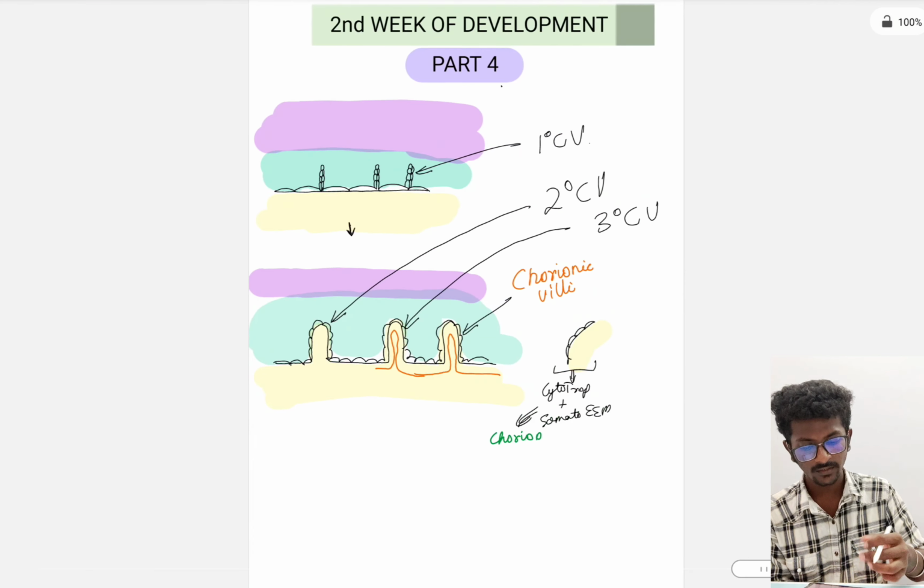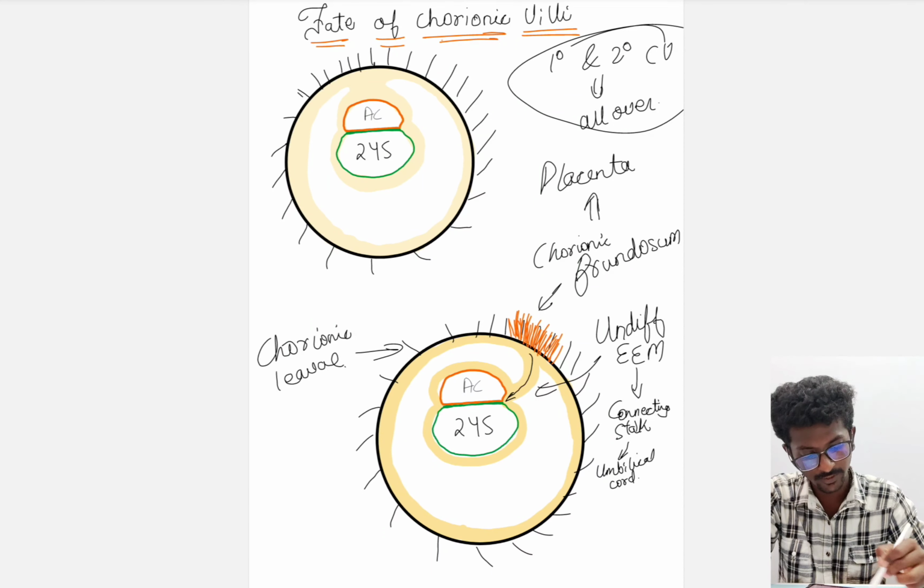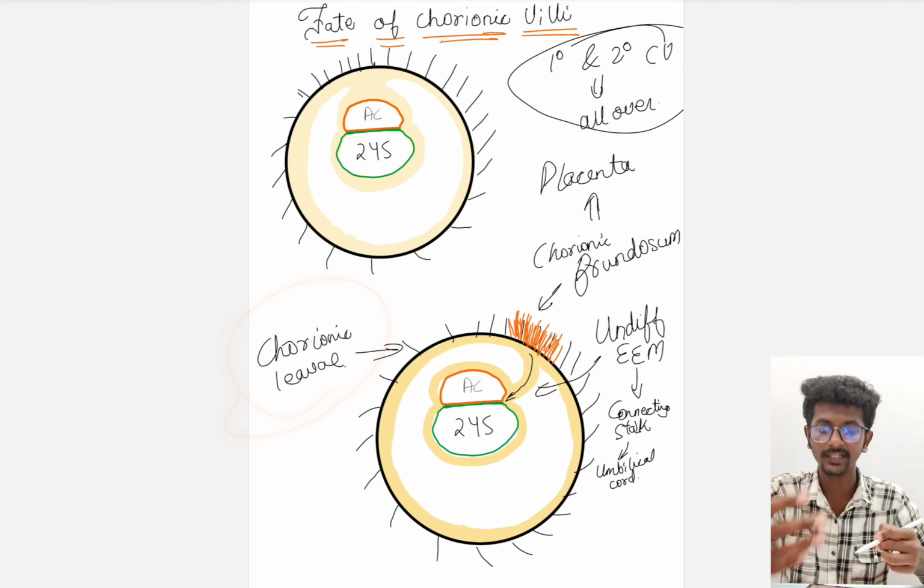Now let's learn about the fate of the chorionic villi. So the primary and the secondary chorionic villi will be formed all over the embryo, but the tertiary chorionic villi will be formed only in that part of the embryo which is in contact with the undifferentiated extraembryonic mesoderm. And now this primary and secondary chorionic villi, which are formed all over, are going to leave this embryo. Therefore, they are called chorionic levae,